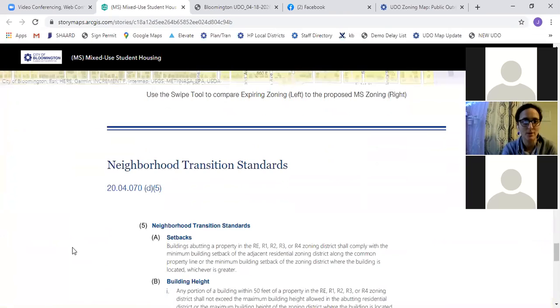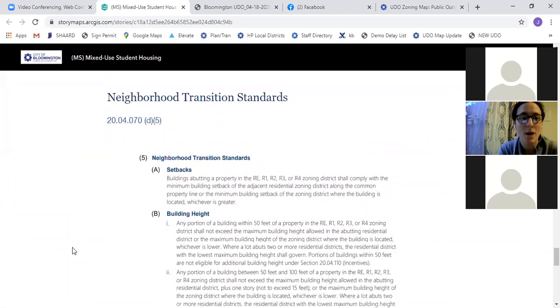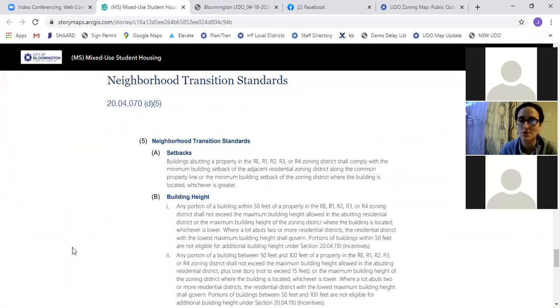So I'm going to briefly, again, talk about the neighborhood transition standards. The code references here, this is from the Unified Development Ordinance, and it indicates it was included so that large buildings built near traditional detached dwelling unit neighborhoods would have to respect a larger, functionally a buffer related to their height. So they would only be able to be the maximum height of the adjoining district within a certain number of feet. So that would apply at 3rd and Jordan because it's surrounded on two sides by R3, and a small area at the 10th and Woodlawn as well.